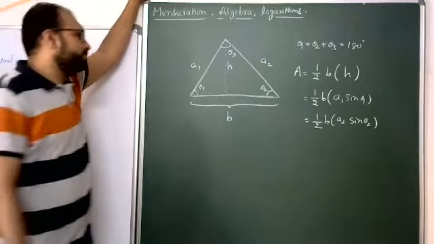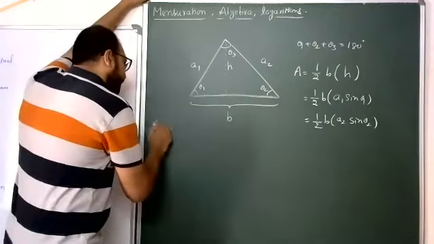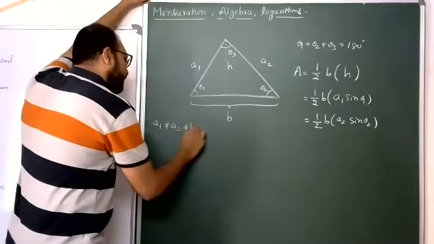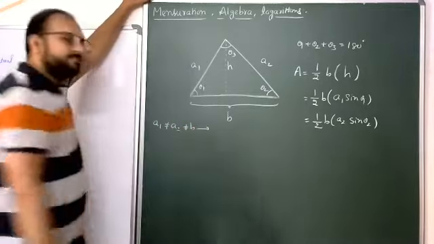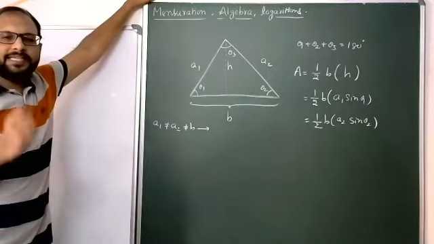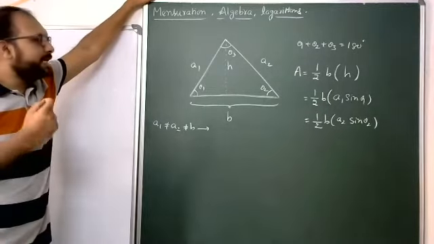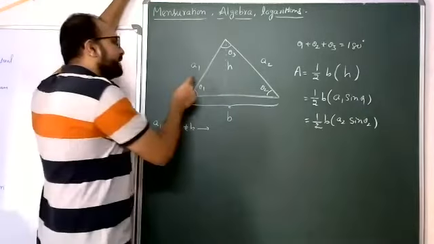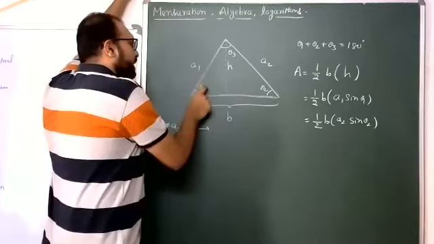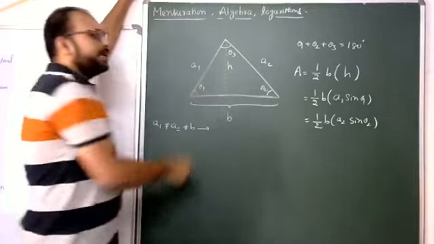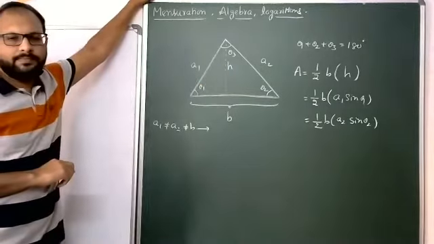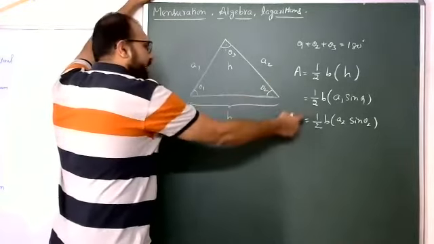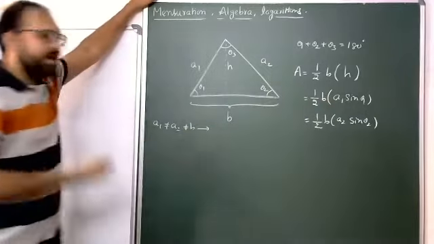And next, A1 not equal to A2, that is not equal to B. That is now scaling triangle. So these three sides all are different. Yes, in this scaling triangle, theta 1, theta 2, theta 3 also not equal. Now this is first area A equal to same equation, because all are different.